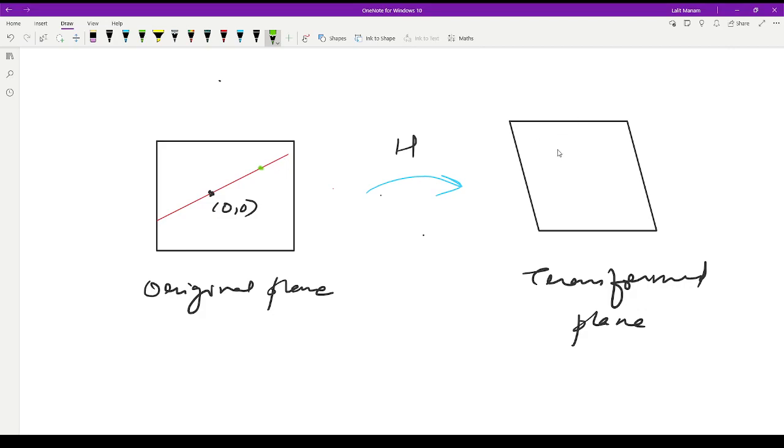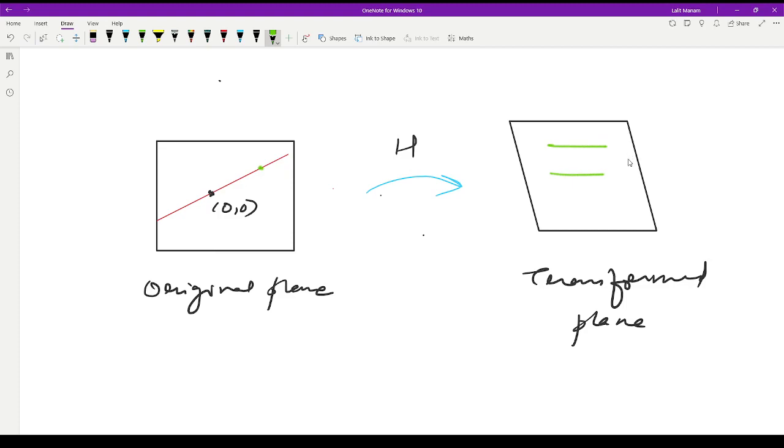That means in this transform space you have parallel lines, right? So for every point on the vanishing line you have at least two parallel lines in the transform plane. Is that clear given the definition of vanishing line? Yes, sir. Okay,